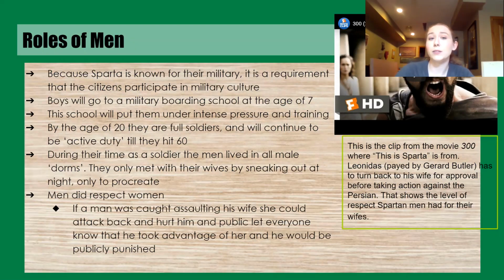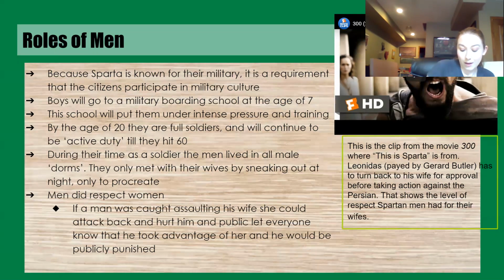But basically the roles of men is to, one, learn how to read and write. You do get to learn how to do that at your school, but you're going to learn to fight. And you're going to be the best of the best. You have to, or you're going to die. And then you'll fight till you're 60. And then you get to serve